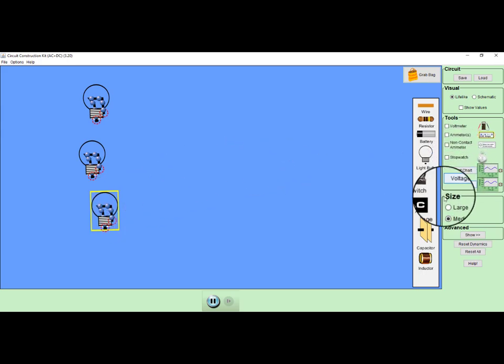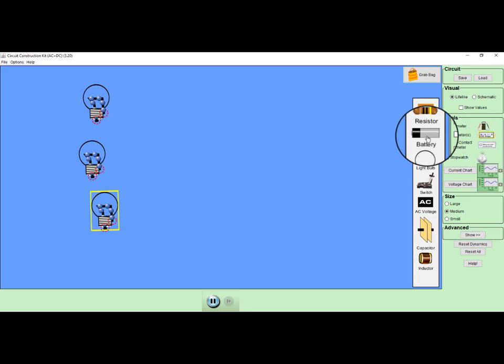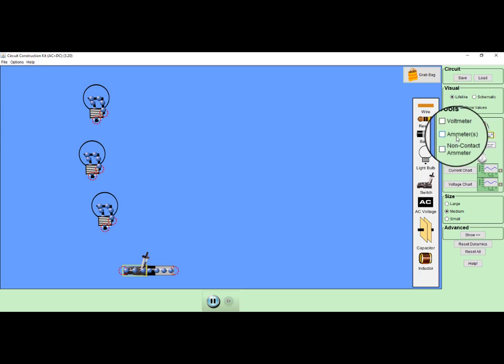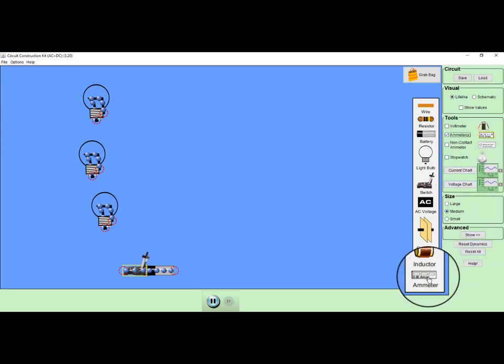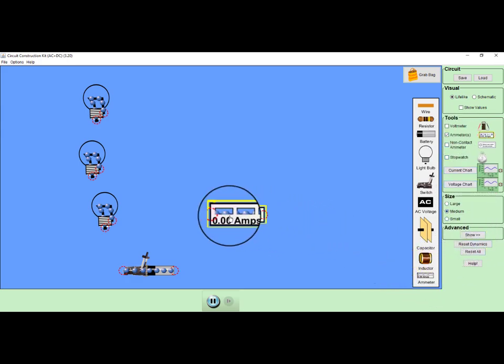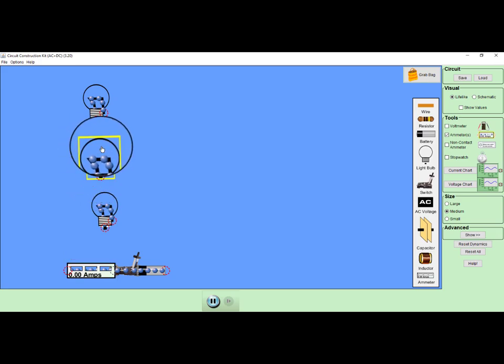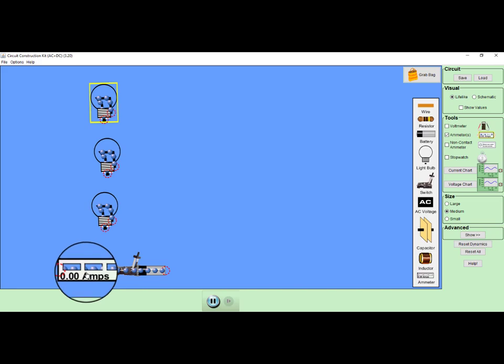These are connected in parallel across a battery. So for that I will take a battery. Now this battery can be turned on or off by using this switch. So I am connecting this switch directly, and we will measure the current. For that I am taking an ammeter. So remember, an ammeter measures the current and it is a series device which should always be connected in series. So we have taken 3 bulbs, then a switch and an ammeter.